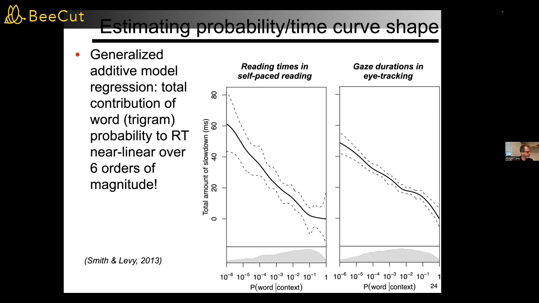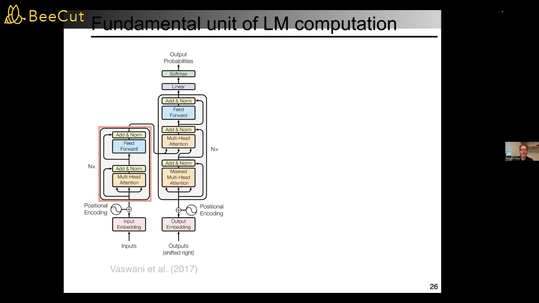Okay. However, we're now in the era of large language models. To say a little bit more about large language models, I won't go too much into their internal architecture, but what I want to emphasize is that whatever the internal architecture is, and today the main architecture seems to be the transformer, in particular the GPT variant of the transformer.